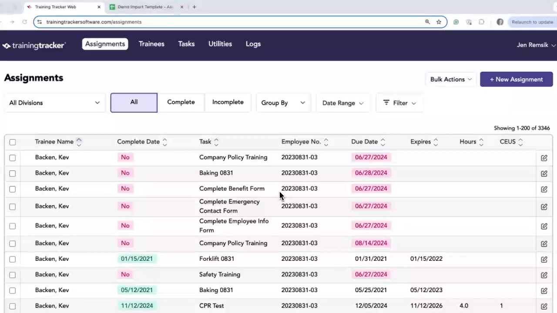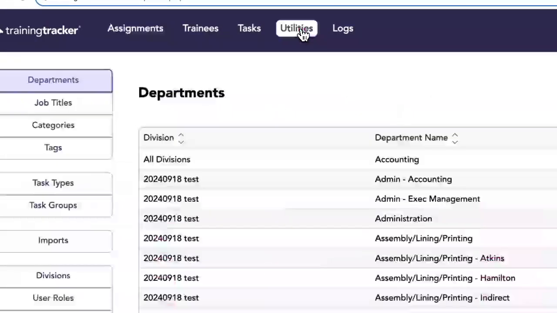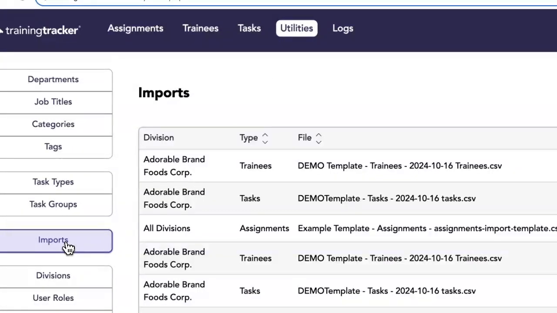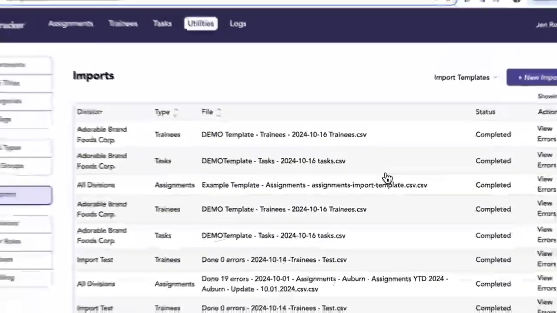Hello, I'm going to show you how to import your assignments. Typically your assignment file will be your historical data from a spreadsheet that you have already been tracking with, or from an export file of a previous tracking tool. So what you're going to do is go to the Utilities tab, click on Imports,